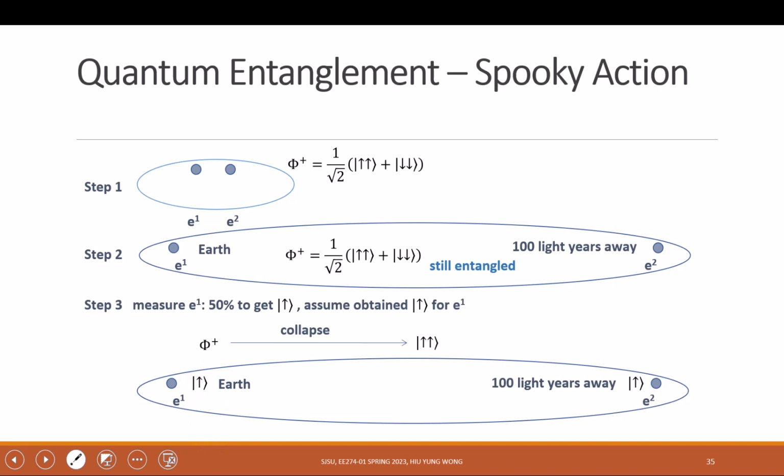But if it is spin up, in the whole system, only this basis state has electron 1 spin up. This one is spin down, right? So I must get this state because the whole system collapsed to up. Then it means the electron, which is 100 light years away, will also be spin up. I measure it at the Earth. I don't even know what happened there, and the light is not able to travel so fast. It takes 100 years to reach the electron. But whatever I do on the Earth will have an effect